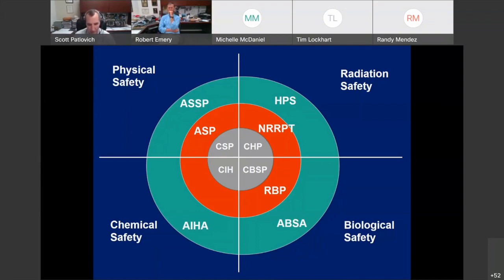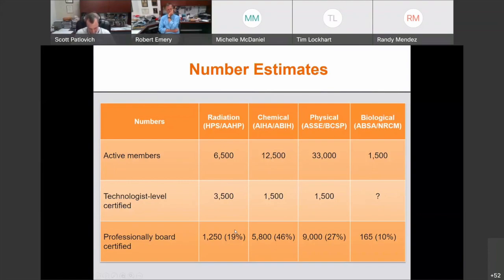And when you obtain these certifications, you set yourself apart from the rest of the field. Yes, you're recognized by your peers as being competent in this specific area of health and safety, but the total number of individuals that have obtained this experience, this education, and are able to successfully pass the exam is few and far between. And so there is a certain amount of rigor associated with each of these processes and the exams that is intended to ensure that only those that are well qualified obtain the certifications.